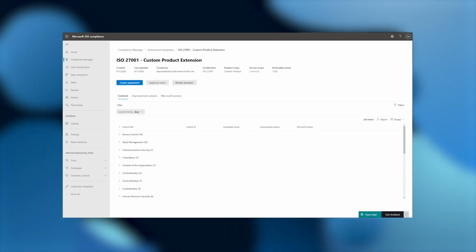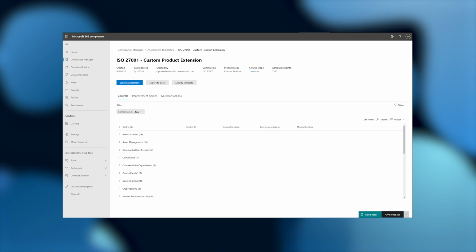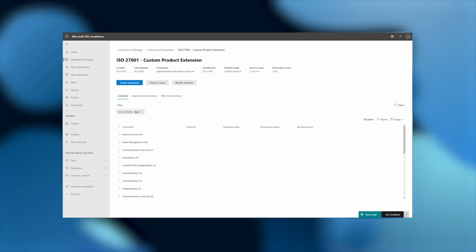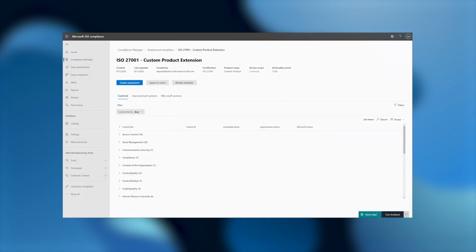Once we complete our import, we can hop into the template in our new template drill down view, which highlights all of the various components of your template. You'll notice here that there is no status, because you haven't actually started working on an assessment. You've only set up an assessment template. To take that next step, you can use the Create Assessment button and start getting to work.